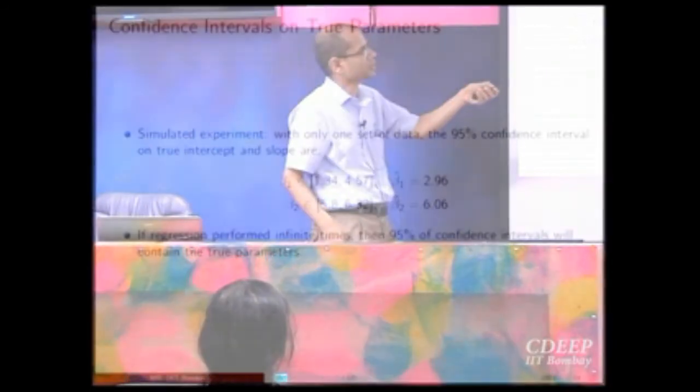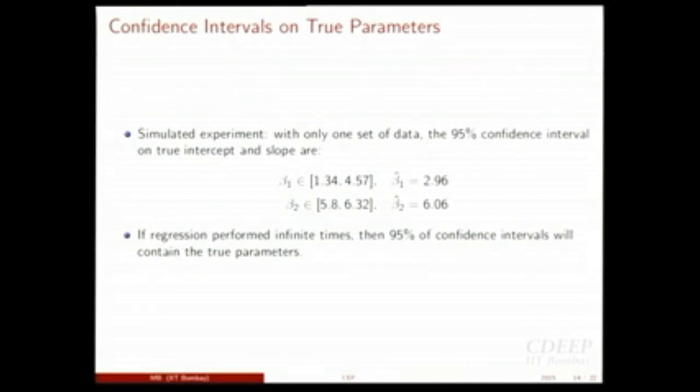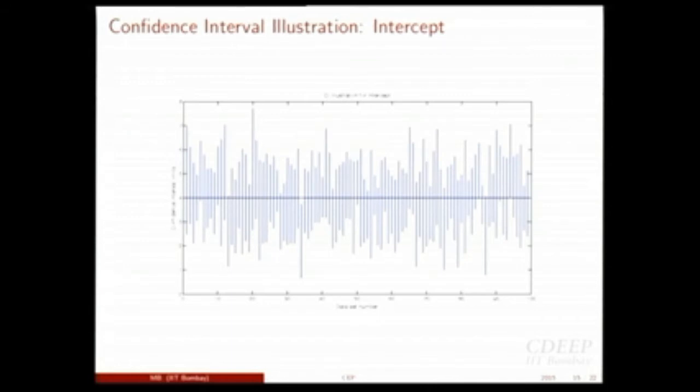So what is the interpretation of this? That this is a 95% confidence interval means that if I were to repeat this experiment, let's say 100 times, every time this confidence interval will keep on changing, because every time your true errors will change, these estimates will change, your fit errors, the residuals, your estimated errors will also change. So these confidence intervals will also keep changing. But because it's a 95% confidence interval, 95% of those intervals will actually contain the true parameter, 4 and 6. This is illustrated in this figure over here.